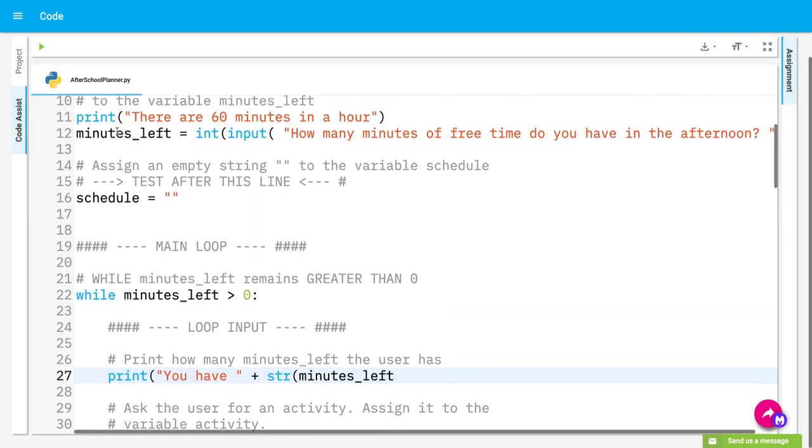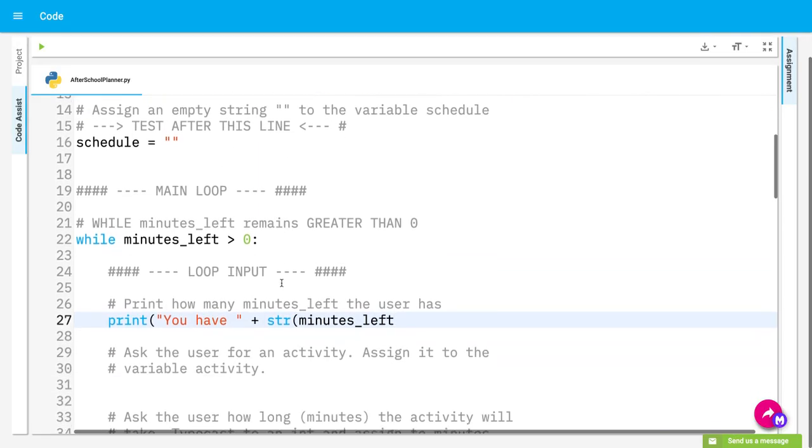Because I made it right there at line 12, minutes left. Okay? This is not voodoo, folks. This is programming. All right, plus sign again, quotation mark, space, minutes remaining, period, quotation mark, parenthesis. Okay? So print, you have plus sign, str, minutes left, plus sign, minutes left. I got my closing